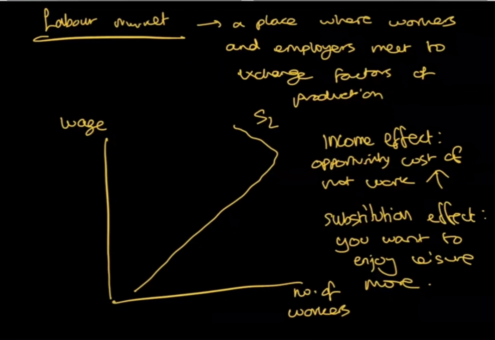Wait, so is this just for an individual, or would you draw this in an actual market? No, for the market you just draw it upward sloping. We don't care about the backward bending bit. It's for the individual. So when would you actually use it? In an essay, you never use the backward bending one. You just do the upward sloping one because the backward bending bit only happens at a certain stage, which most people don't really get to anyway.